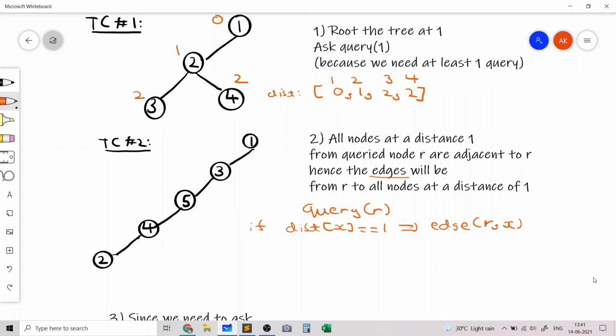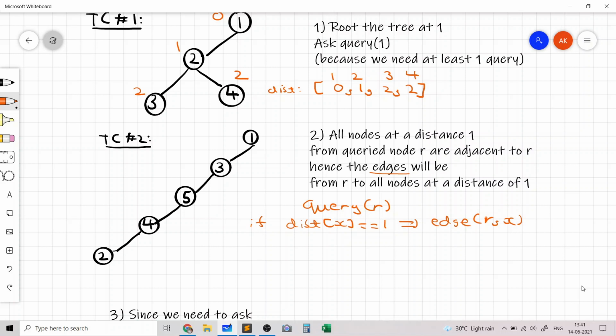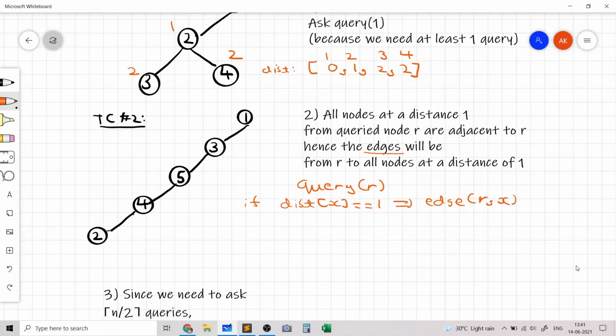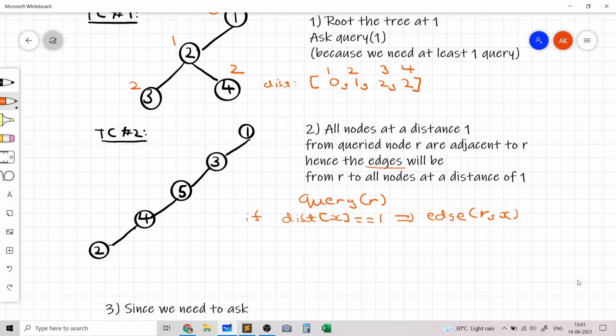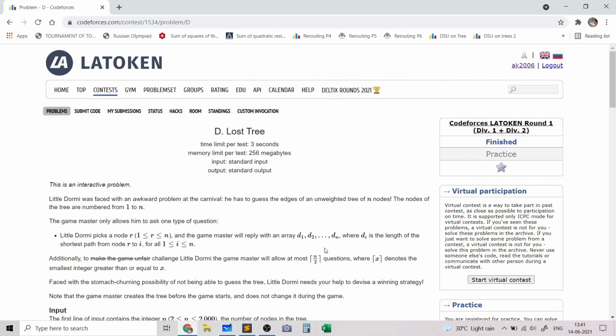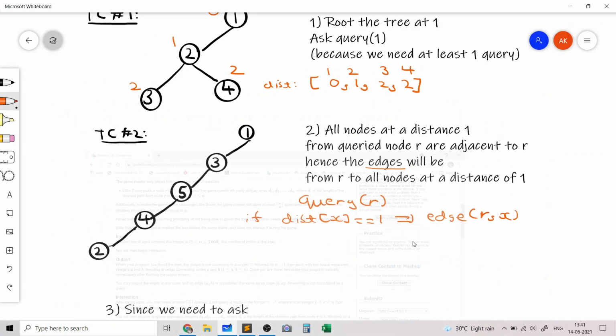Now the third idea in the solution is that we need to go back to the constraints on the query. Since we can ask only n by 2 queries, we need to find a clever way to ask those queries. So for just 1 second, let's say that we were given an unlimited number of queries. Let's say that the constraint was not at most n by 2. Let's say that we could ask n queries.